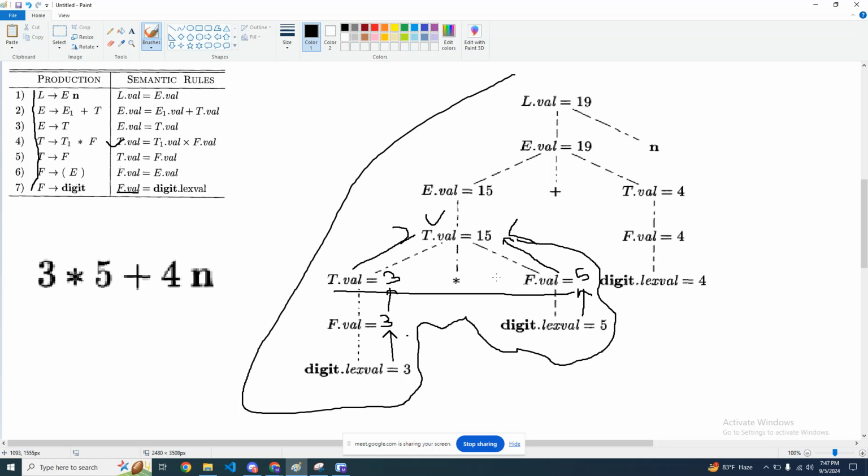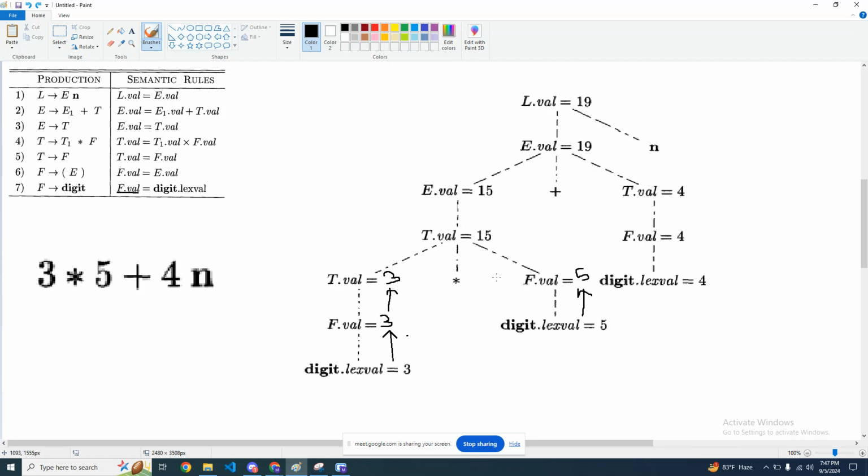So we need to draw two arrows here. No, the multiplication sign is not being used. We're only using these two nodes, T1 and F. Are we using this multiplication node? No, because this is a multiplication sign, not this node. Okay,